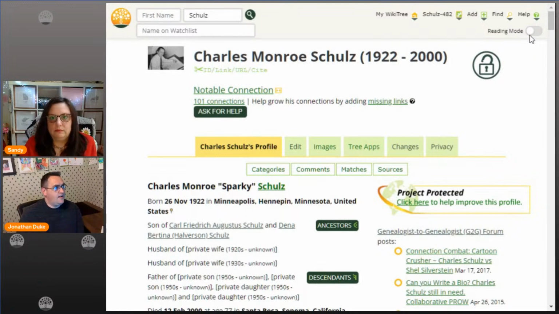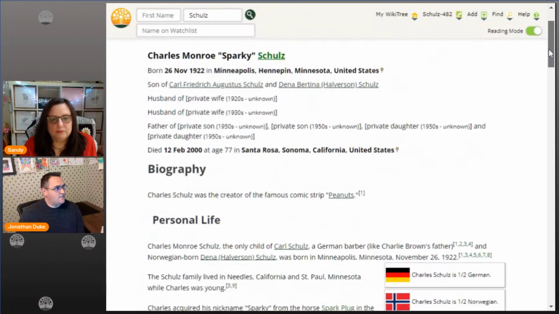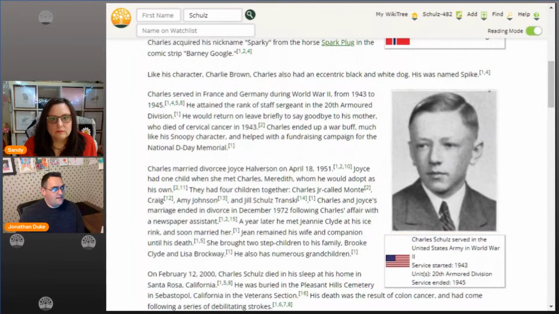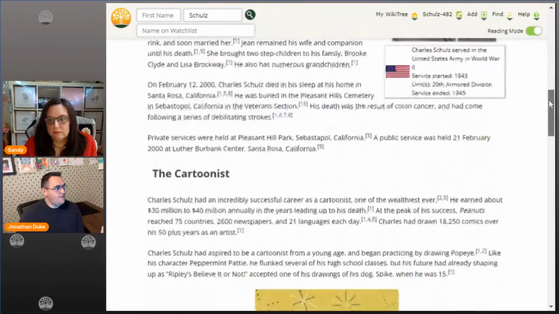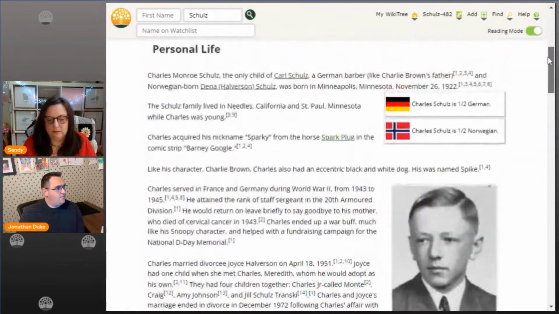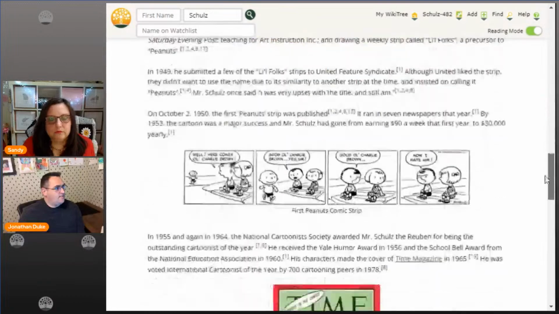But just in default reading mode, if I click this button, you're going to watch stuff disappear. And then if you scroll down, now you're just seeing his biography. You can still see the pictures that are embedded in his profile, but you don't see the ones that were off to the side. I even have my formatting. We were talking about the citations. Now they're sorted by number and use commas instead of brackets. That's a configurable option that you can choose. It goes all the way down,